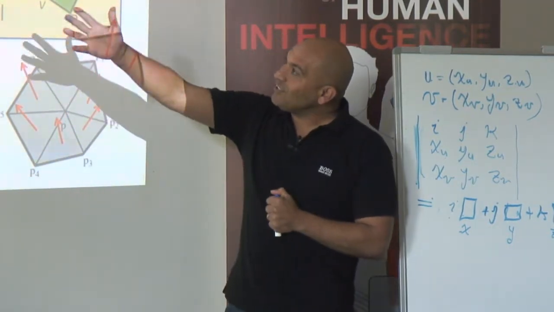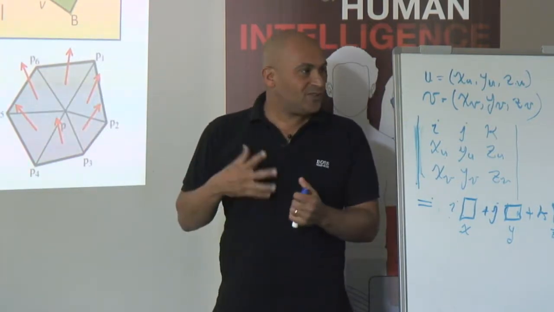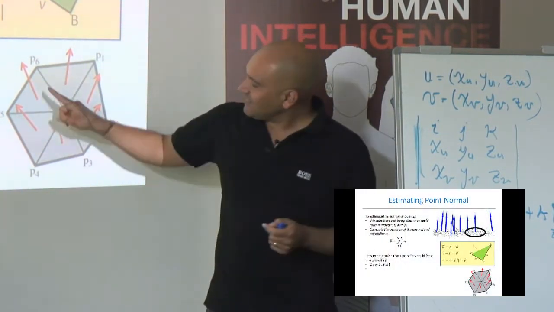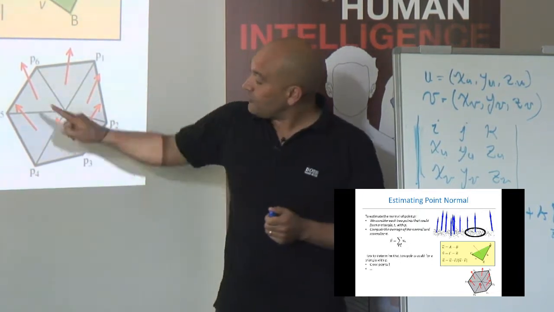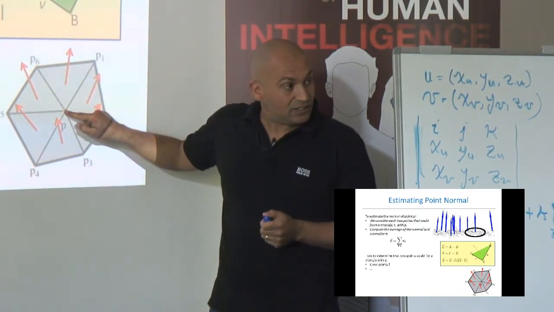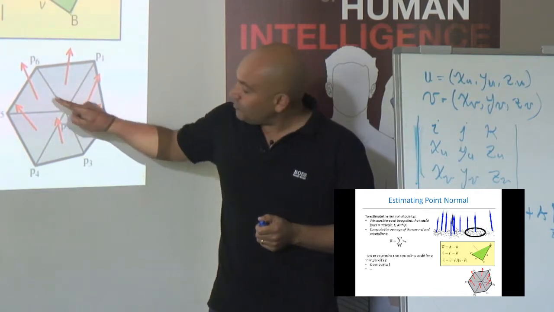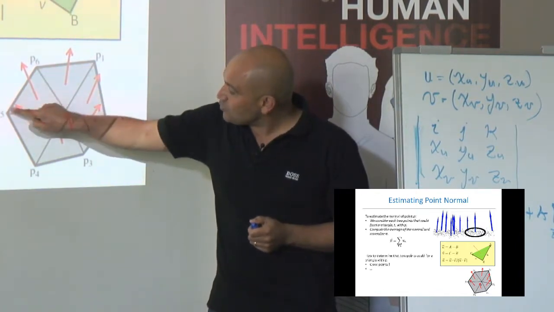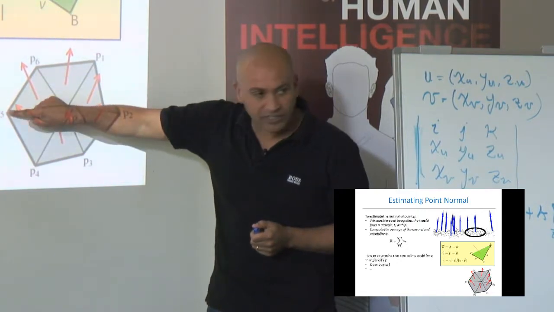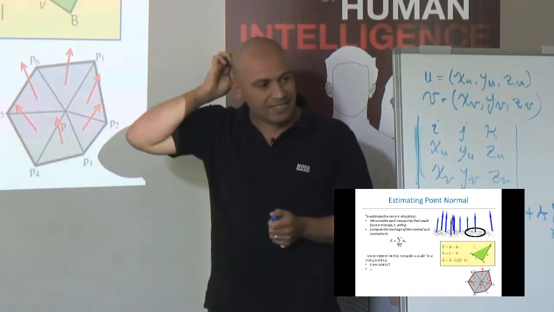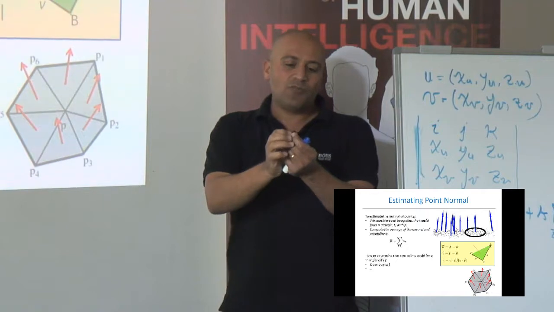Now, if we know which 2 points will give us the presumable triangle, that's fine. So if this is the point we are interested in computing the normal for, we take these 2 points, and then we assume this is a triangle, compute its normal. We take this point, this is a triangle, compute. Now, since we have a point,